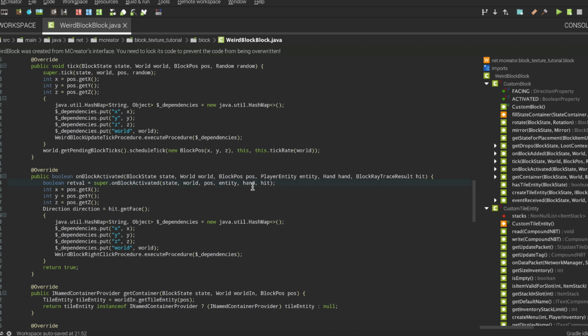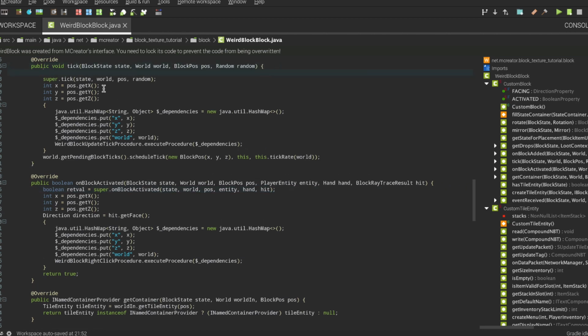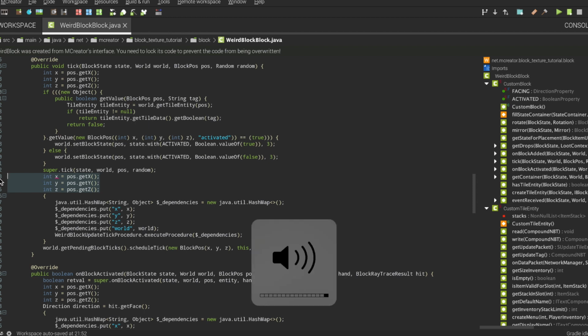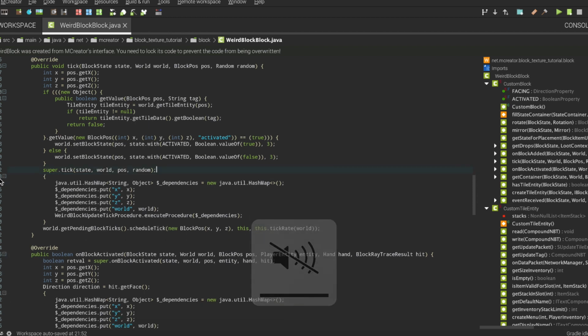Here you just have to do two things. Copy paste this code, so you see I copy paste it, and then these two ints here you will delete. Sorry, delete it like that.